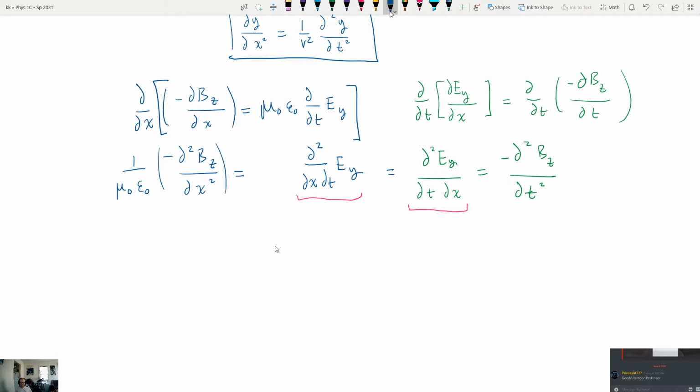What we end up getting on the left-hand side is 1 over mu naught epsilon naught, with a negative sign, del 2 Bz del x2 is equal to negative del 2 Bz del t2. We get rid of the negative signs. We're going to move the mu naught epsilon naught back to the right-hand side so that it looks like this. Del 2 Bz del x2 equals mu naught epsilon naught times